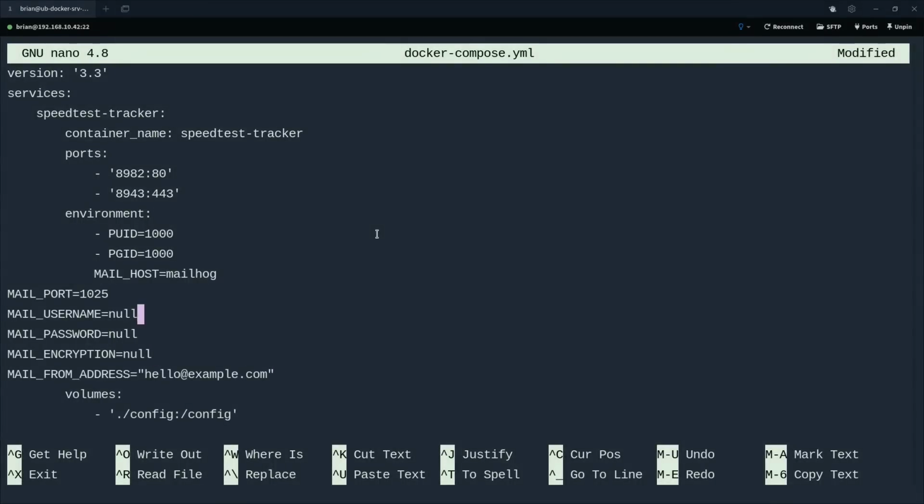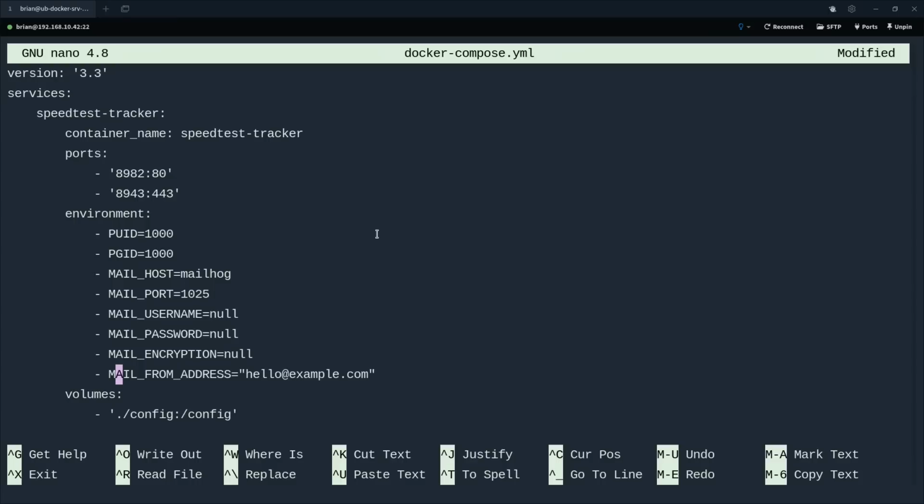We'll have to space some of these other things out, but first we want to make sure we put a hyphen in front of each item and a space. So we'll do the same thing here, space it all the way out, and then hyphen space. There we go. So we want to have all of these things set, and what you're going to do is just say mail host, and it isn't mail hog in my case. We're going to use